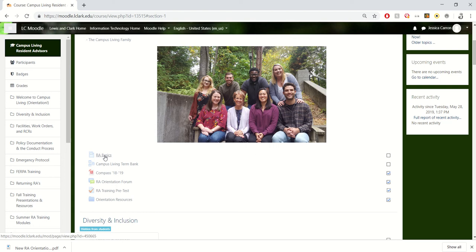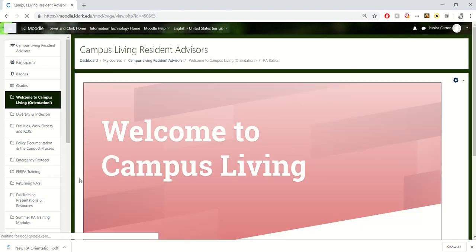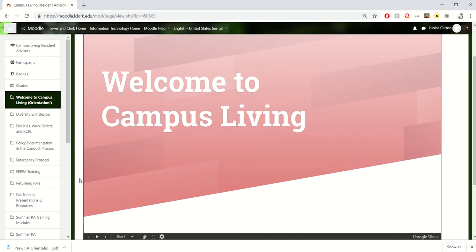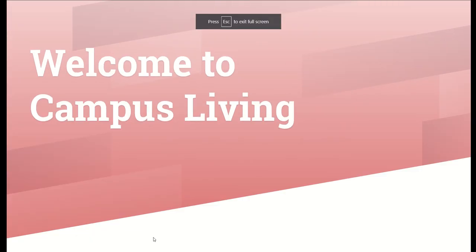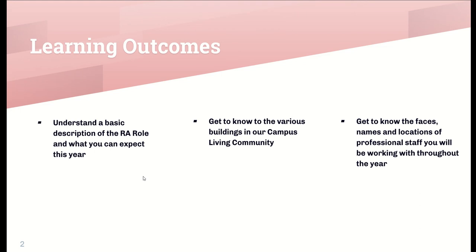So if you click on that, you can see the embedded PowerPoint here. It takes up almost the whole screen. We did try to design it to be large. So you could just watch it this way if you wanted to, or you can make it full screen by just going to this little box down here. That looks like, and you click through it just like you would any other PowerPoint.